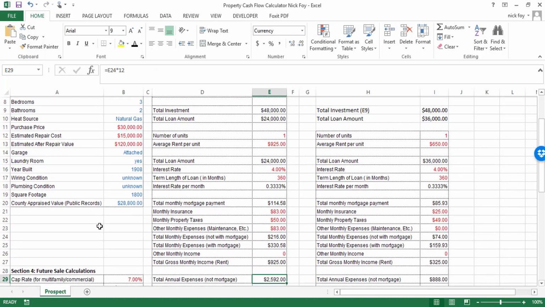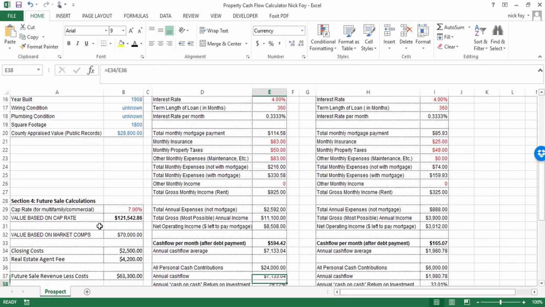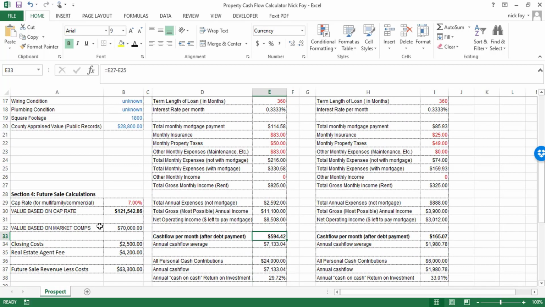So that's going to impact our cash flow now. Our cash flow after our debt payments is $594. So our annual cash flow now is only $7,100. And our personal contribution is only $24,000 now. So even though our cash flow went down, our personal contribution also went down. So $7,000 divided by the $24,000 we have invested in the property, we're now earning a 29% return on that $24,000